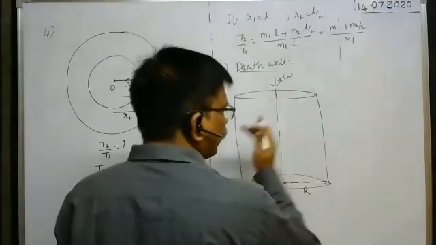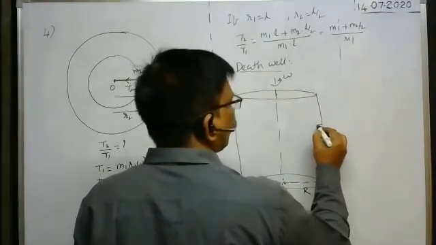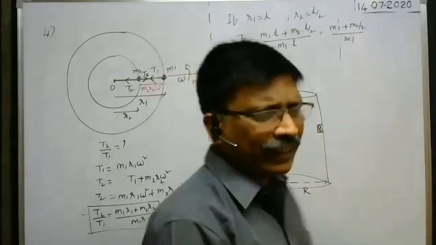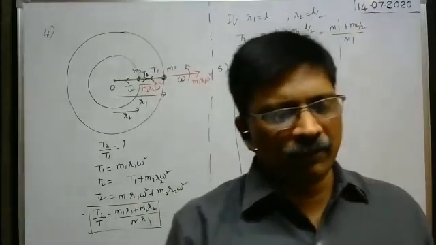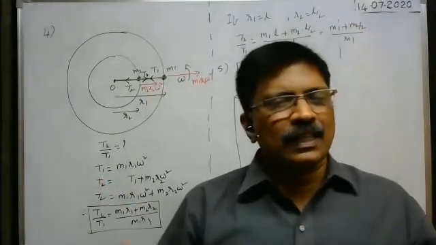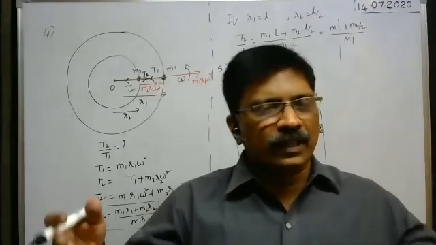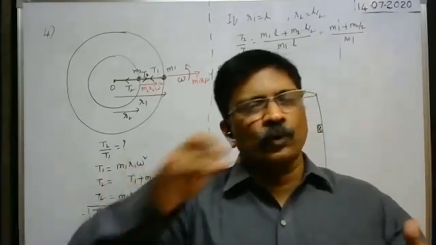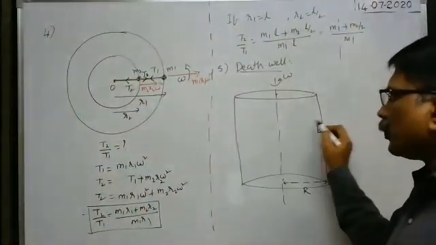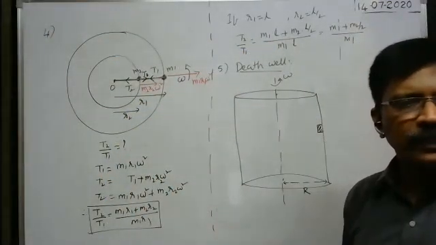While it is rotating, here there is one block or one body. Death wells, already in exhibitions in our Vijayawada PW grounds, this type of death wells are there. The motorcyclists, by using cars, move even at a certain height along the circular path without falling. That is the concept here.